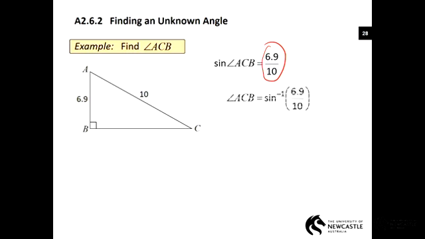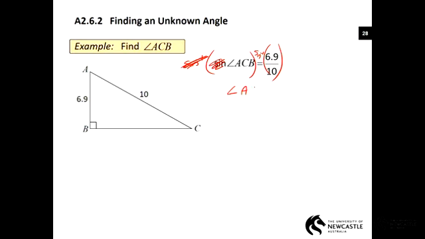So I doubt I wrote it here, but what I'm saying is if I took the sine inverse of the left and the sine inverse of the right, whatever sine inverse means, they should still be equal, because I'm allowed to do the same to left and right. But the sine inverse of sine something just cancels it out. So that suddenly isn't there anymore, and all I'm left with is angle ACB is equal to the sine inverse of 6.9 on 10. So I'm not normally going to bother writing sine inverse in front of both sides, but